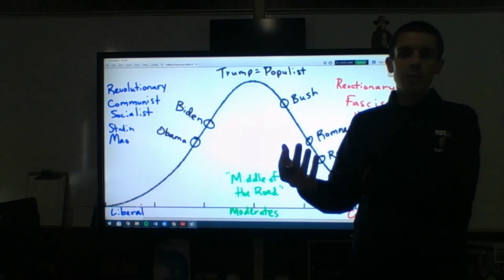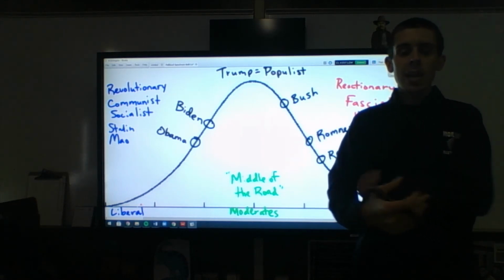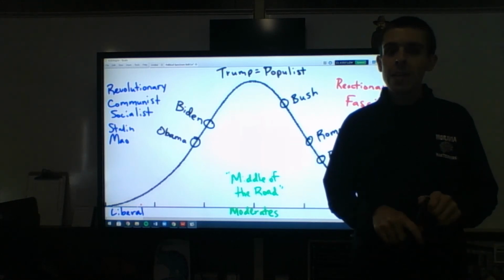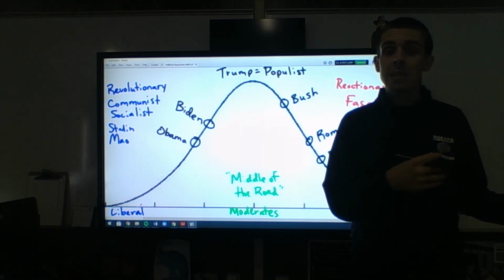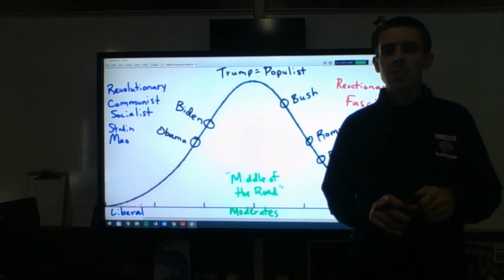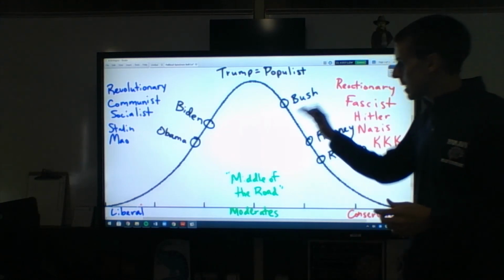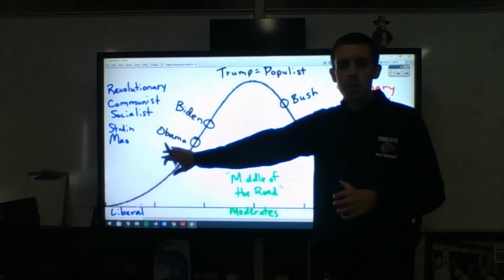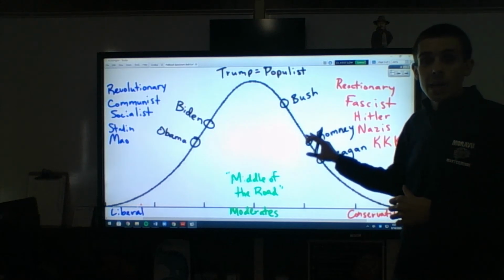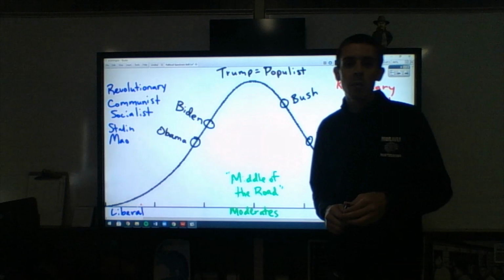I don't really actually know what Donald Trump thinks about a lot of things. I know what he is giving off to people, and that is that he's a very conservative person. But even a lot of conservatives don't like him because he's not conservative in every way. He is really not able to be put on this diagram, because in some places he shows up over here, and sometimes in his life he shows up over here, somewhere in here. I don't know really where he would belong right now.